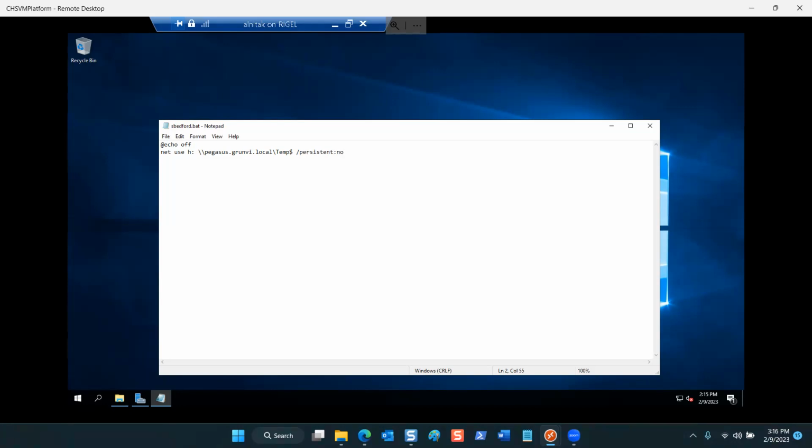And then I'm going to have a /persistent:no on the end so that when she logs out, the drive letter is no longer connected. But now let's connect the P drive, right? So net use, all it takes is one character off and it doesn't work. Net use P, and then this time it's